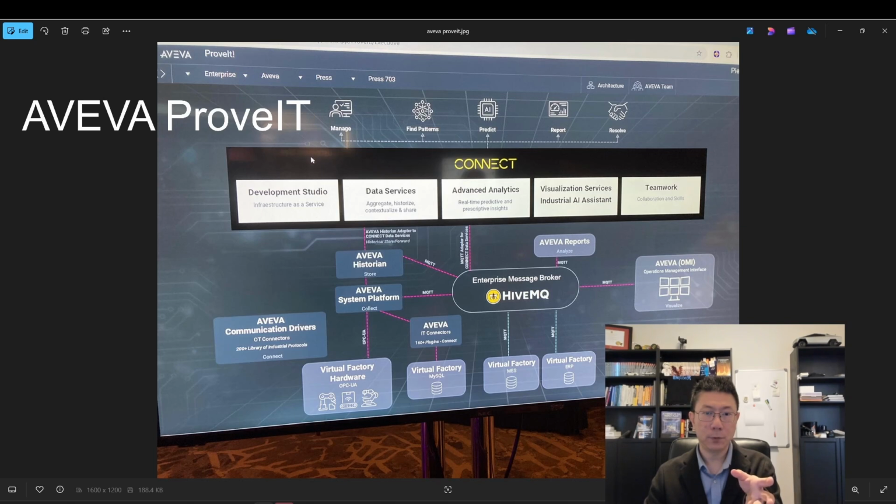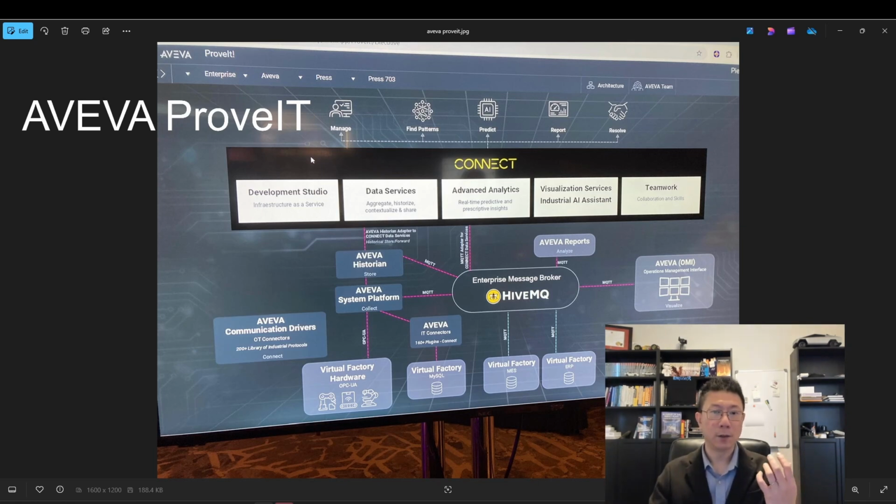And to talk a little bit about this MQTT broker, right? It's very lightweight, and messages can go into it. Once everyone publishes the data to this MQTT broker, it becomes a real-time data hub.